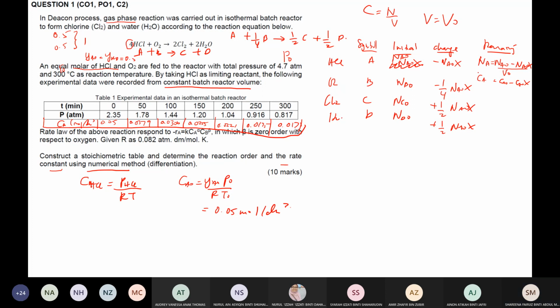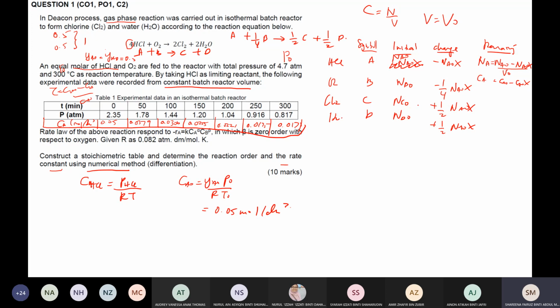Alright. So yang ni you tahu kan dapat daripada tau Ca0 minus Ca over dengan Ca0. Okay, so you dapatlah Ca. Okay, so daripada situ boleh dapat semua tu, and you kena construct lah guna